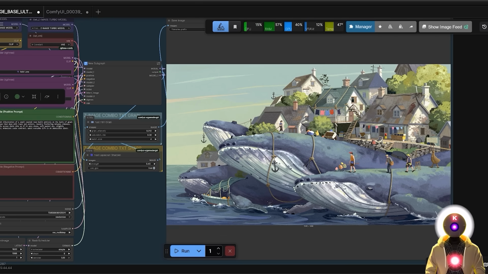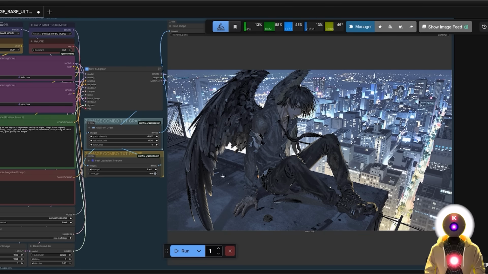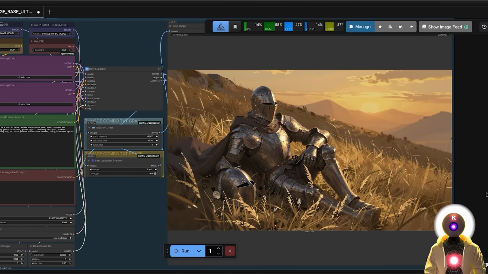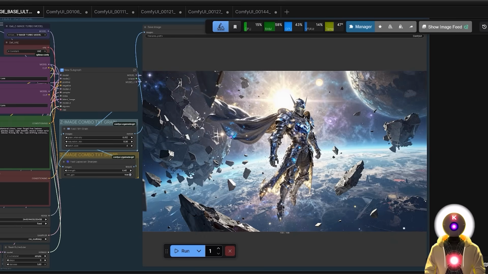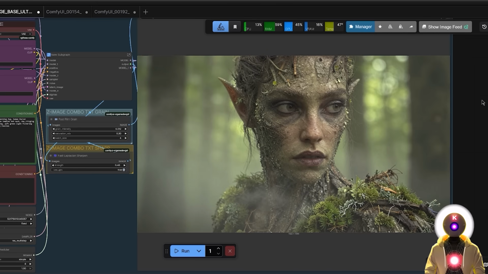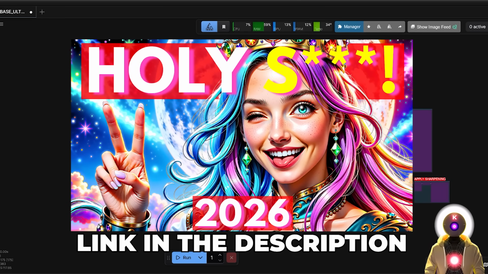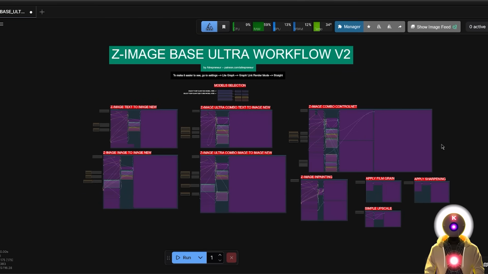In my last video I showcased the new text-to-image AI king called Z image base, an absolutely amazing model that can be run with less than 8GB of VRAM, and that can generate absolutely amazing looking images. So if you haven't watched this video, I highly recommend that you do, otherwise you're not gonna understand this little update. So today in this video, I will quickly showcase the new Z image base Ultra Workflow version 2, where